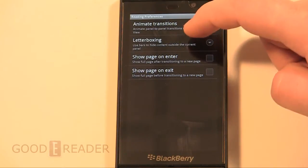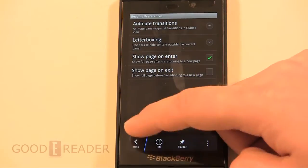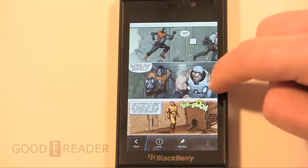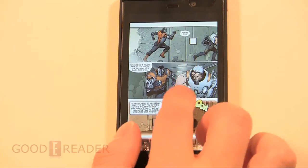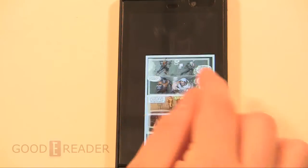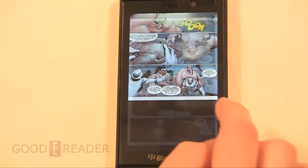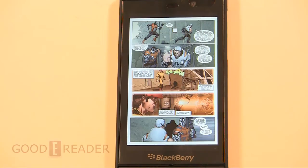You can see we have animations, all this type of stuff here. I'll just play around with some settings. And now you kind of have that full screen view. I prefer to read full screen instead of using the guided view. I find that I like looking at the art. I don't like looking at particular frames and things like that, but it's all a matter of preference, of